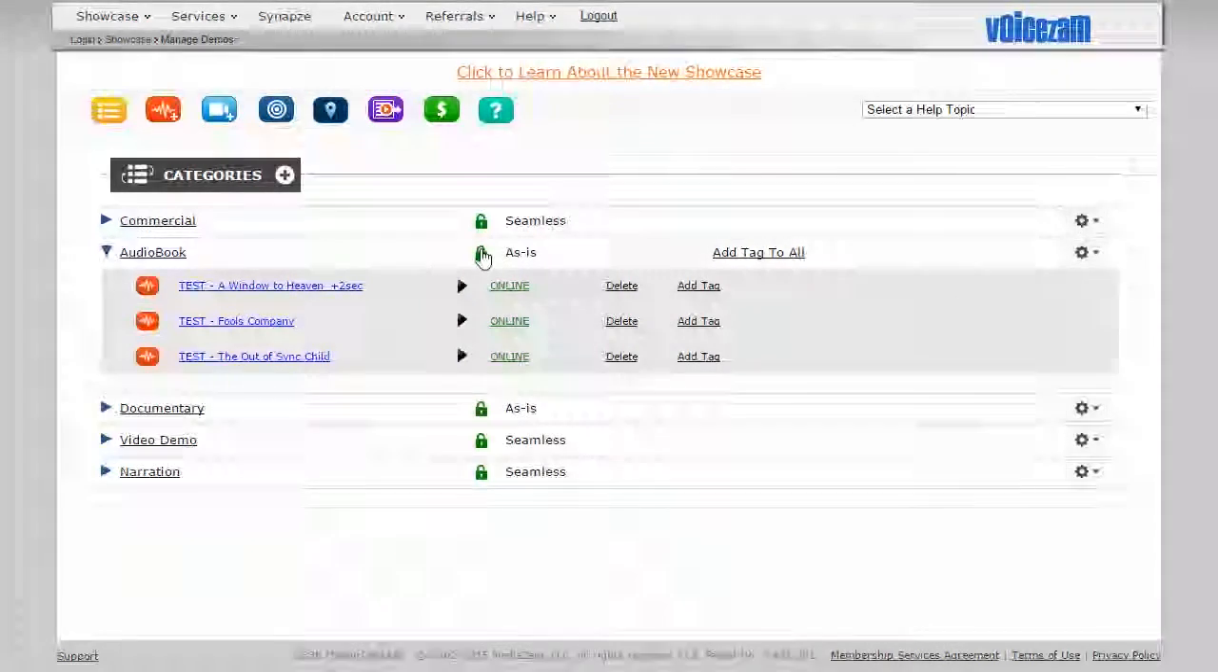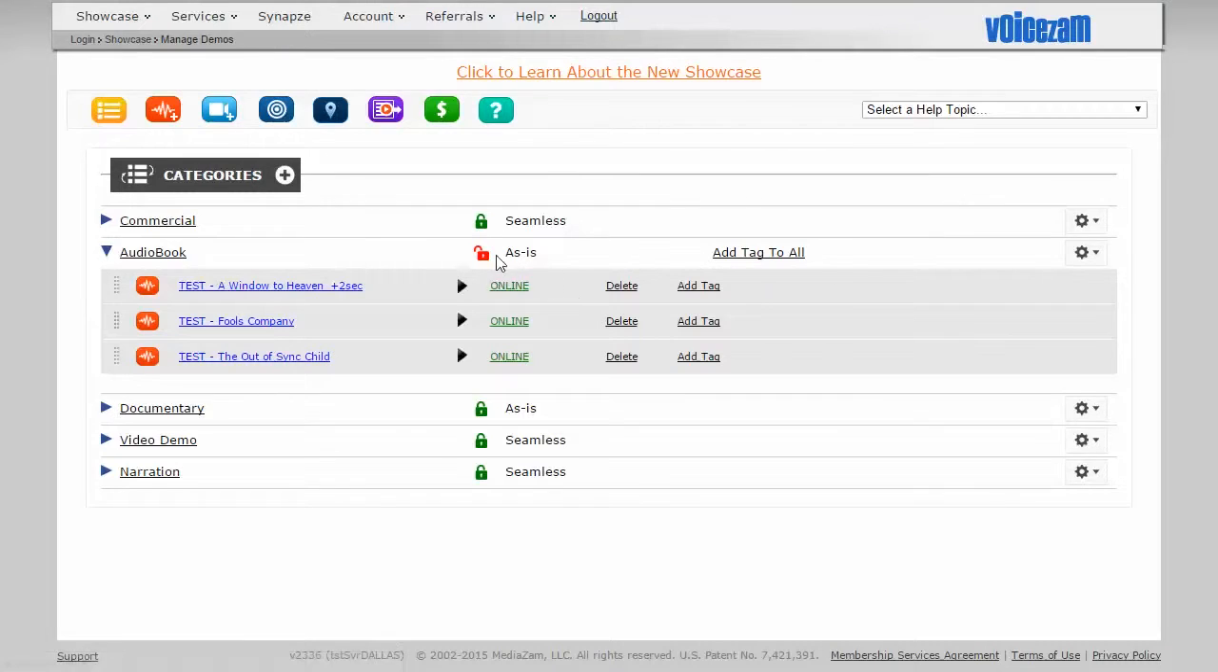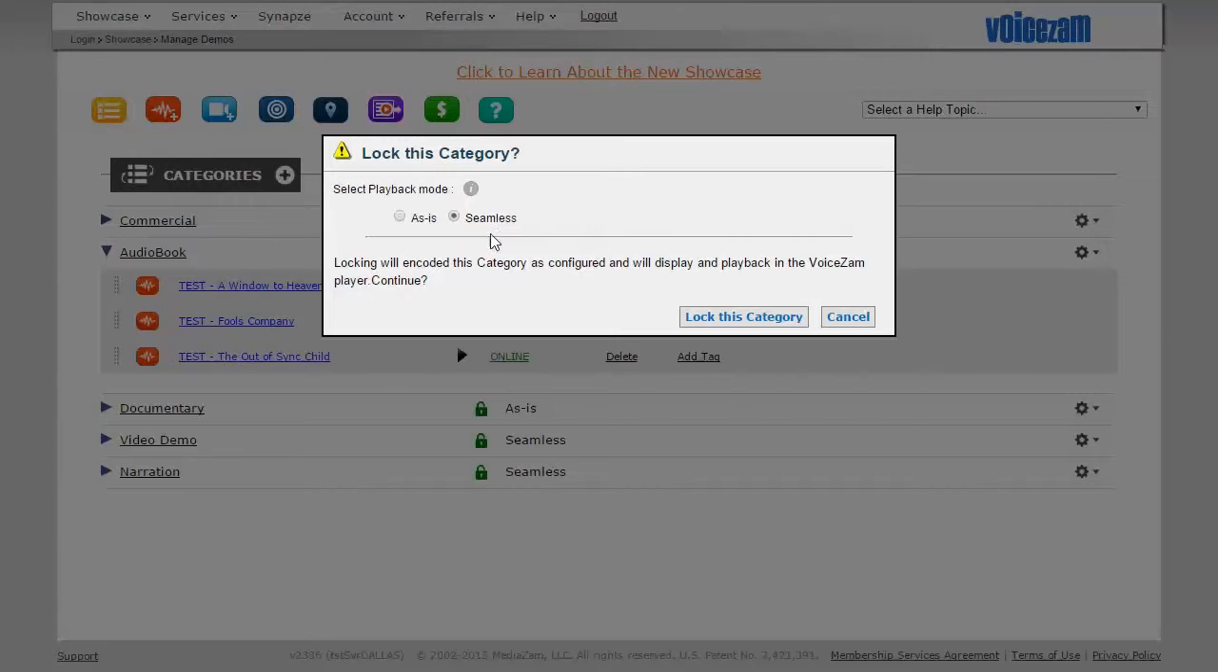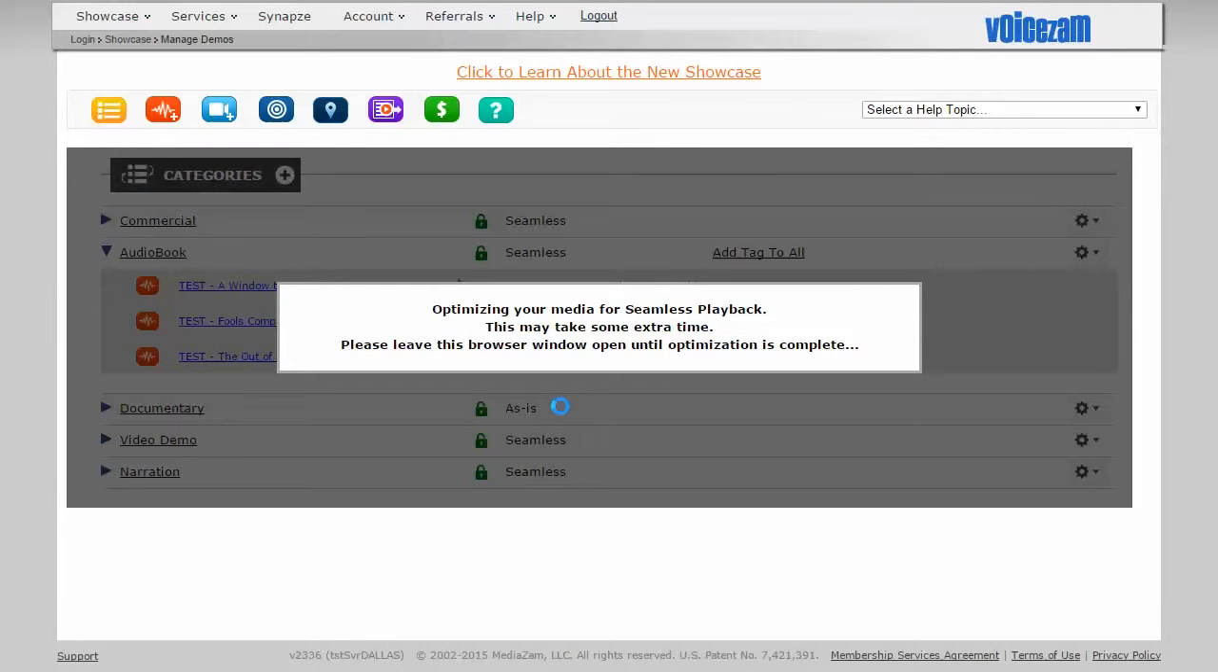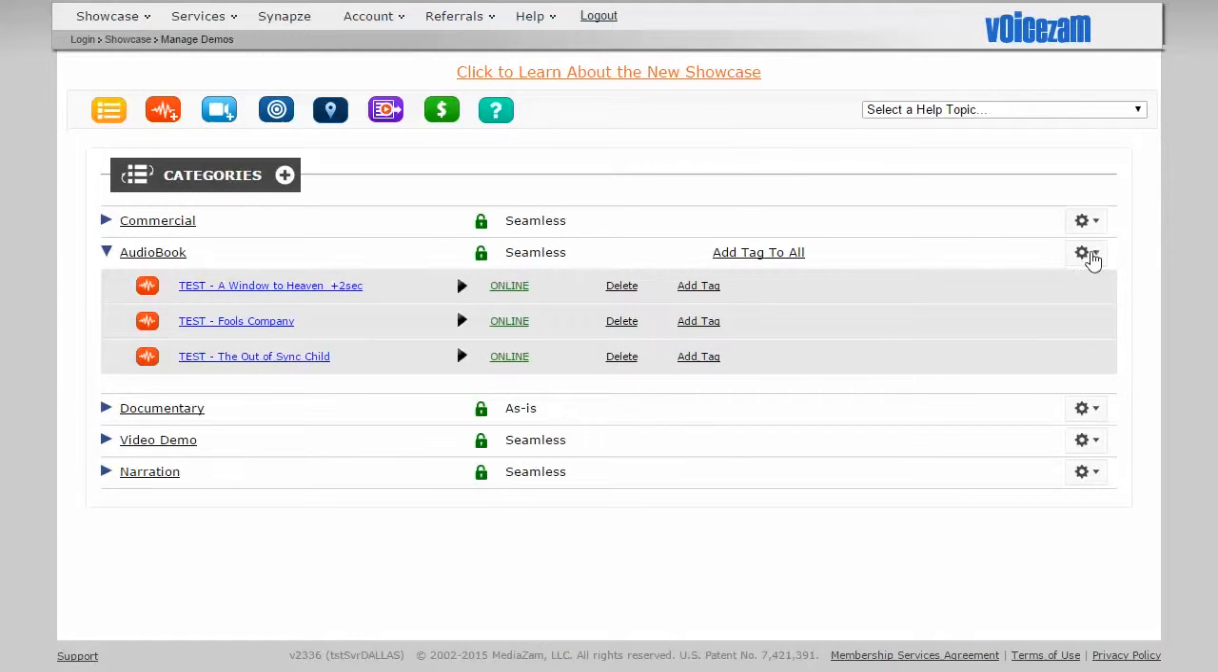Now let's try this. Let's lock it up in seamless mode. It's going to take a little longer in seamless mode because the processor is scanning through the file to remove the silence from the head and tail of each read. So the more reads you have, the longer it takes. And we'll create a Zamlink